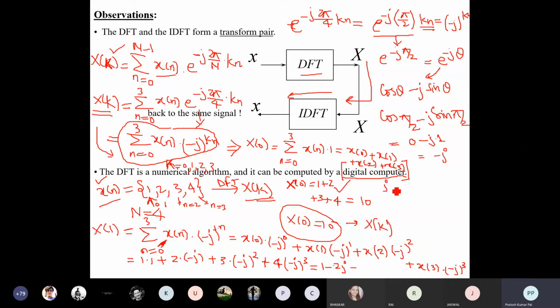So what is j actually? So this j represents under root of minus 1. That's why it is called an imaginary number, because it has no real value. If we take under root of minus 1, it actually seems to be undefined, so that's why we call it an imaginary number. So j is equal to under root of minus 1.